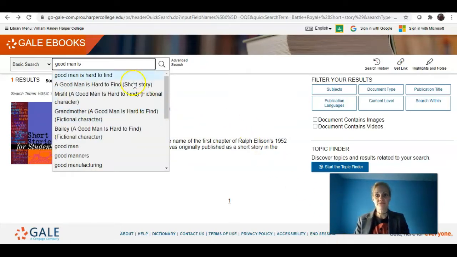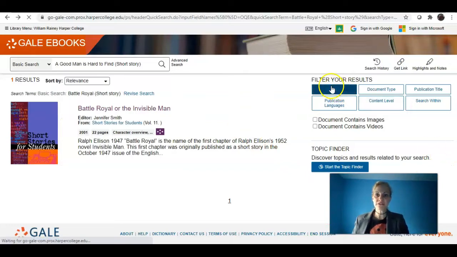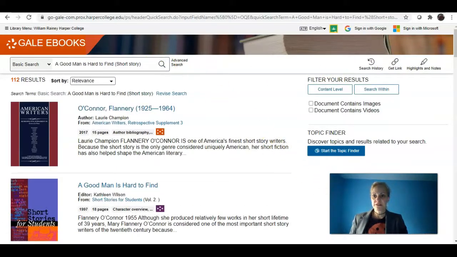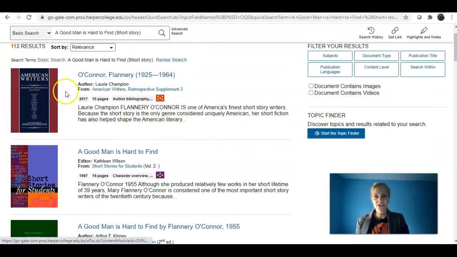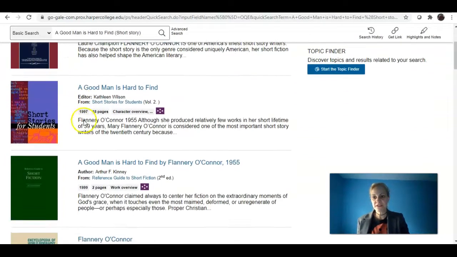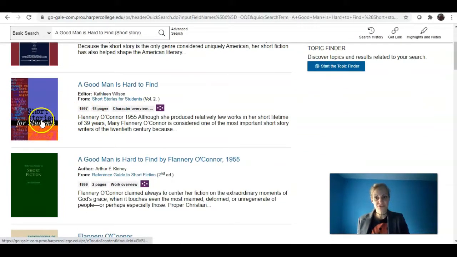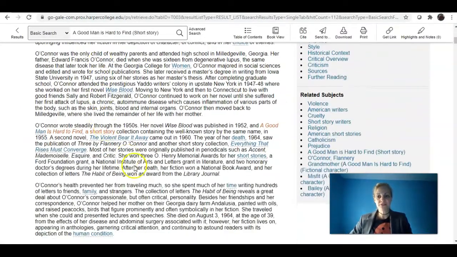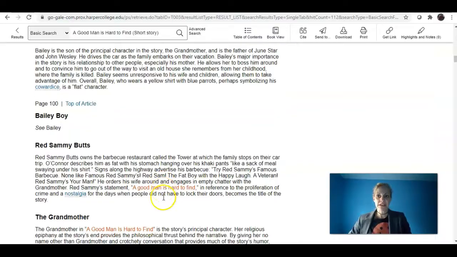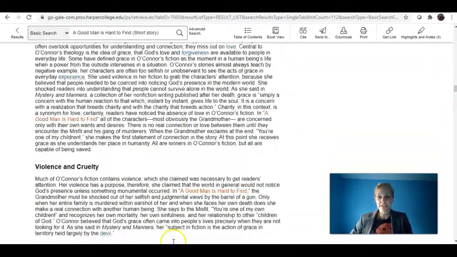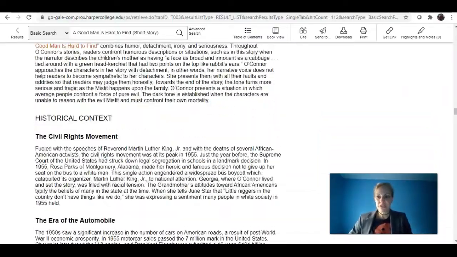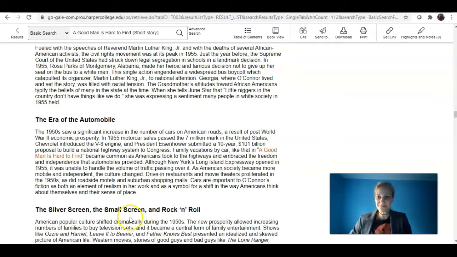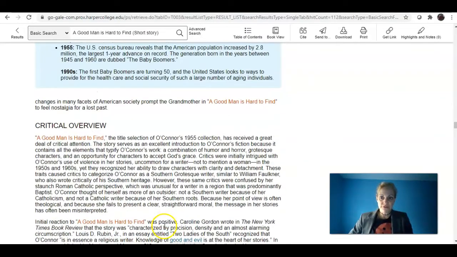And I see here A Good Man is Hard to Find short story, so I'll click there. And I see some biographical information on Flannery O'Connor from American Writers. I also see the Short Stories for Students entry. I'll click here. And again, it follows the same format with author biography first, plot summary, character analysis, and let's get down to here's historical context, very important. The critical overview,